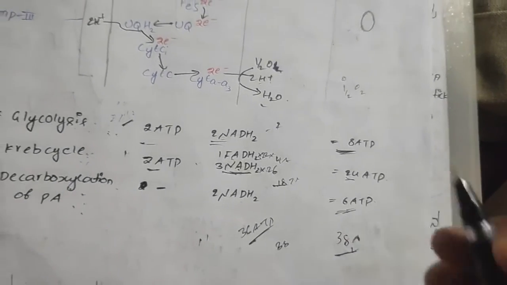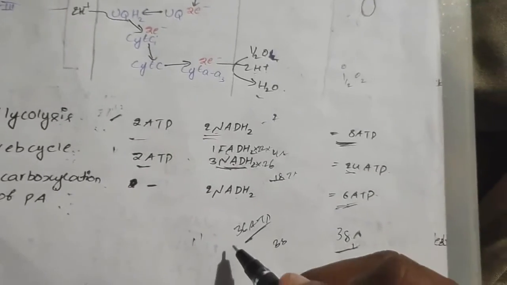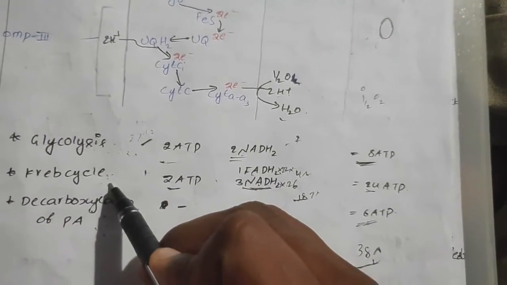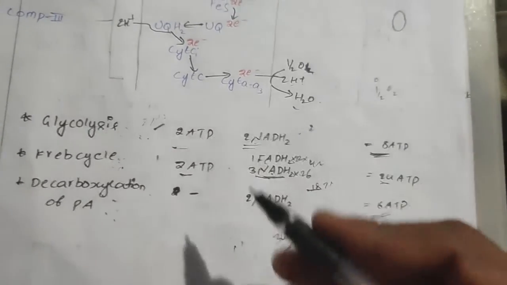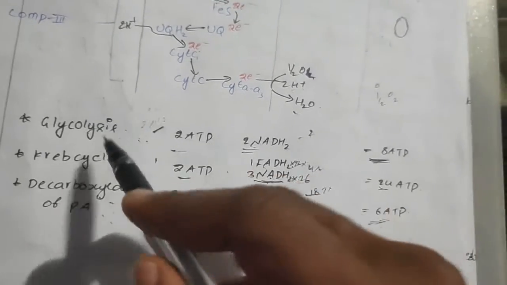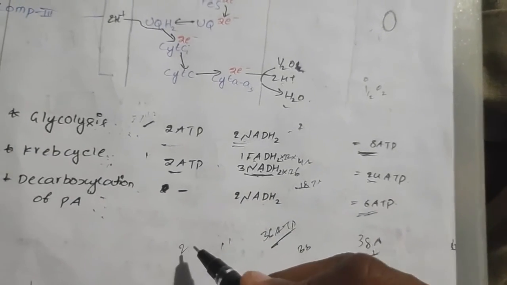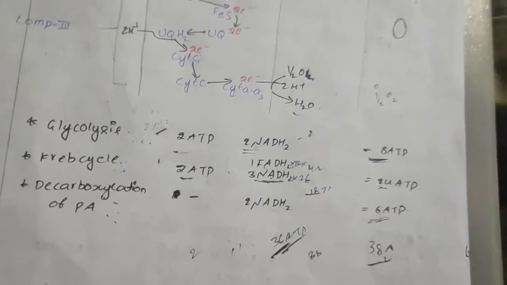After completion of respiration by aerobic respiration, we get only 36 ATPs. 8 from glycolysis, 24 from the Krebs cycle, and 6 from decarboxylation of pyruvic acid. Total 38. Out of 38, glycolysis, where 2 molecules of NADH2 are produced, takes place in the cytoplasm. From the cytoplasm, it should enter into the mitochondria. For this transportation, we require energy. Therefore, 2 molecules of ATP are removed. Therefore, only 36 ATP we got after the end of all this aerobic respiration.